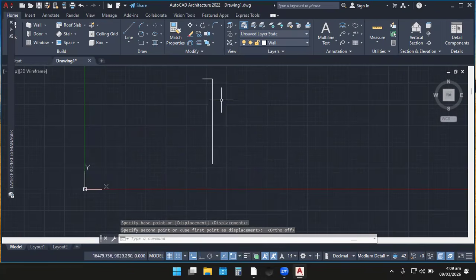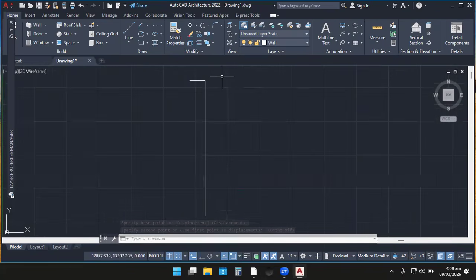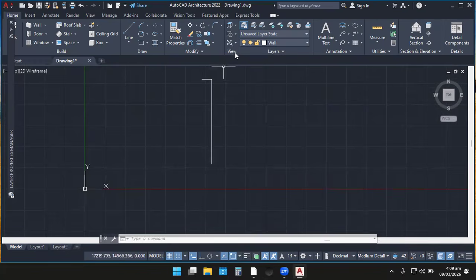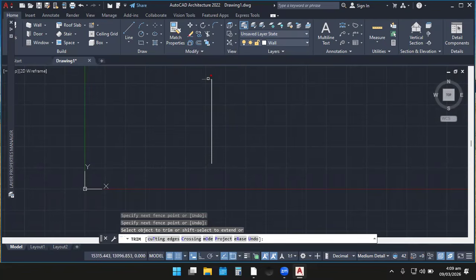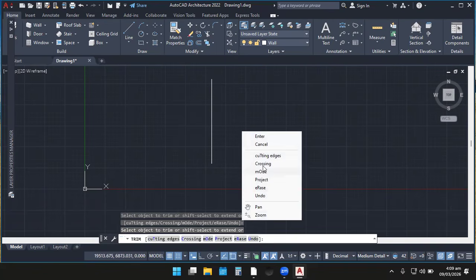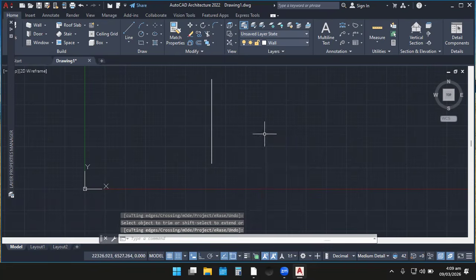Exactly. So what do we want to do next? I want to trim part of the line that I have just drawn. So I can now just come and pick my trim over here. After putting the mouse on it, I just click and then it has trimmed. You see, I right click again and then I click on enter. Now it is missing in the command window.